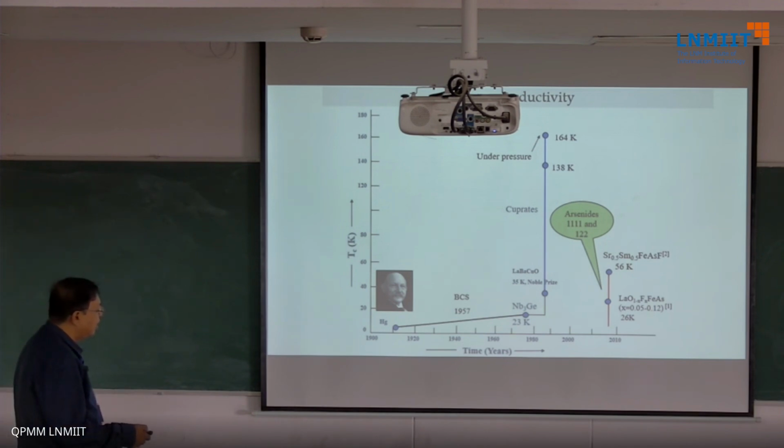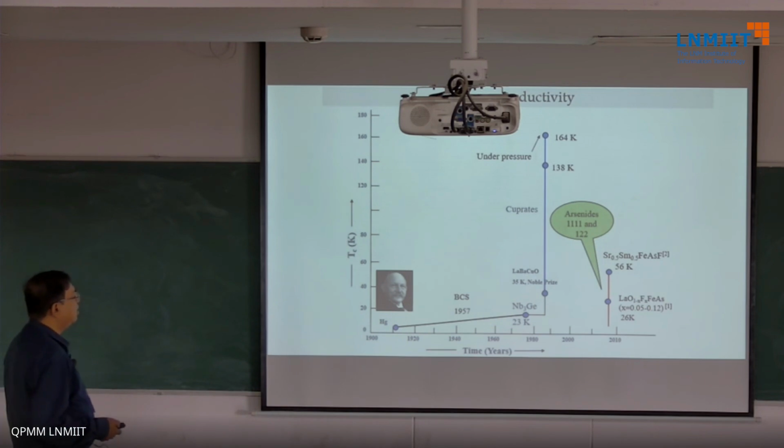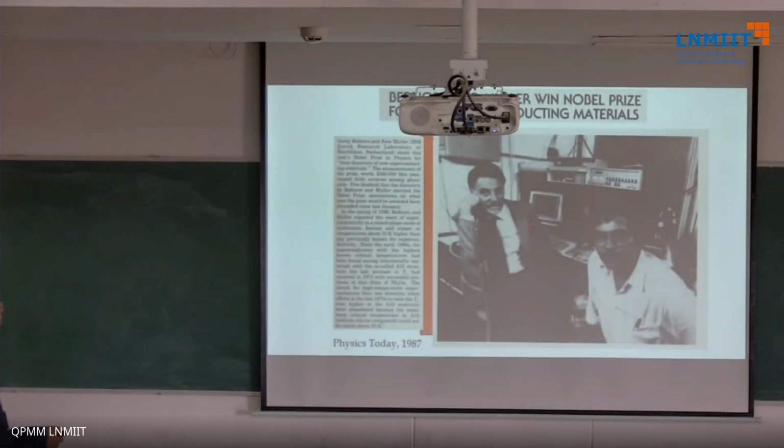Something that happened here took people by surprise, because they couldn't formulate anything. They couldn't have a theory. They couldn't write down a Hamiltonian for that. And the reason is this thing. This was discovered by these two gentlemen called Bednorz and Müller, at the IBM Zurich lab in Switzerland. They got a superconductor which is a lanthanum strontium cuprate, and the Tc was at that time about 36 Kelvin. So that was a jump that they had, and then it just went on and on.